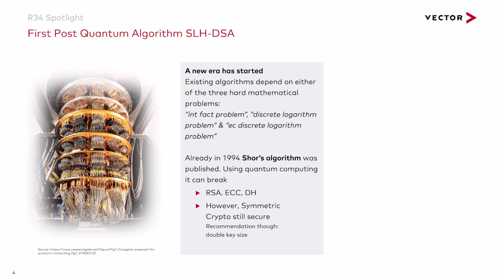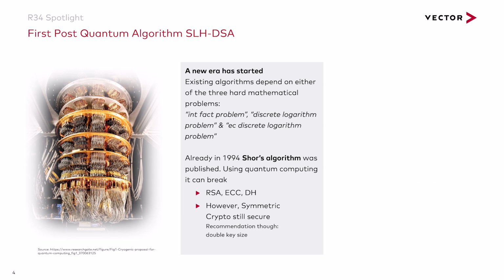However, in 1994 already, mathematician Peter Shor demonstrated that a quantum computer could solve these problems in polynomial time using his presented algorithms, making the breaking of these problems theoretically possible. This applies to all mentioned asymmetric algorithms and anything based on the named hard mathematical problems. Quantum computers are now a reality and are becoming increasingly powerful. Notably, symmetric encryption algorithms are not affected and are still considered secure, although the new recommendation is to double the